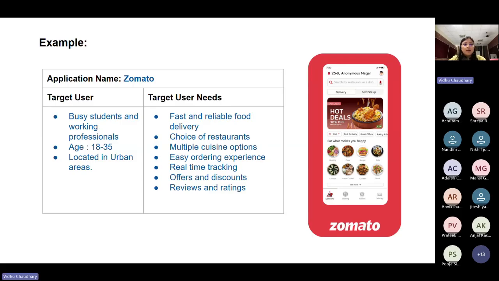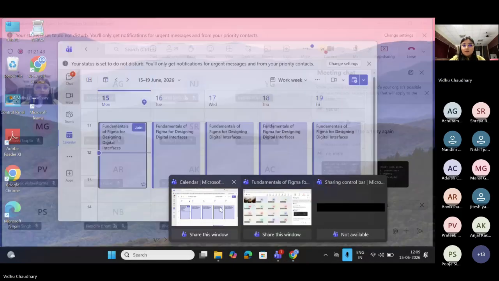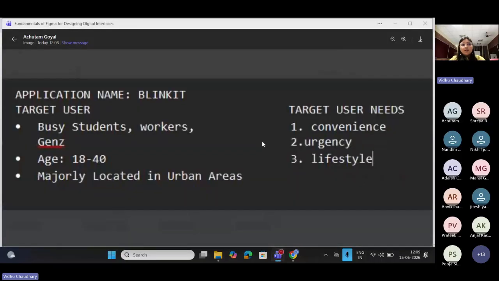Okay, so we've got one answer. Thanks for sharing, Achutya. The application you've selected is Blinkit, and the target users are busy students, workers, and Gen Z. Okay. The age is 18 to 40 and majorly located in urban areas. Yeah, that's correct because not all of the cities have started using Blinkit yet. Even in some of the small towns, it's not functioning right now. So that's correct. If you've restricted it to urban areas only, then the user needs can be convenience, urgency,